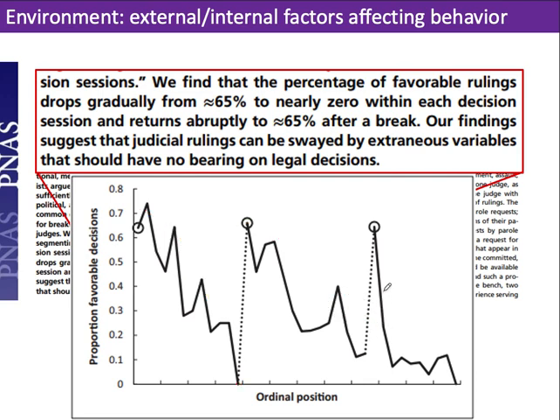Right? So this is an example of an external environmental factor influencing the behavior of an individual. How many people have been annoyed or angry when they get tired or hungry? It's a fairly typical thing that most people experience. And this is just one example that has particularly important implications for the lives of people, because judges are making such important decisions. Okay, so that's an example of an external environmental influence on behavior in humans.